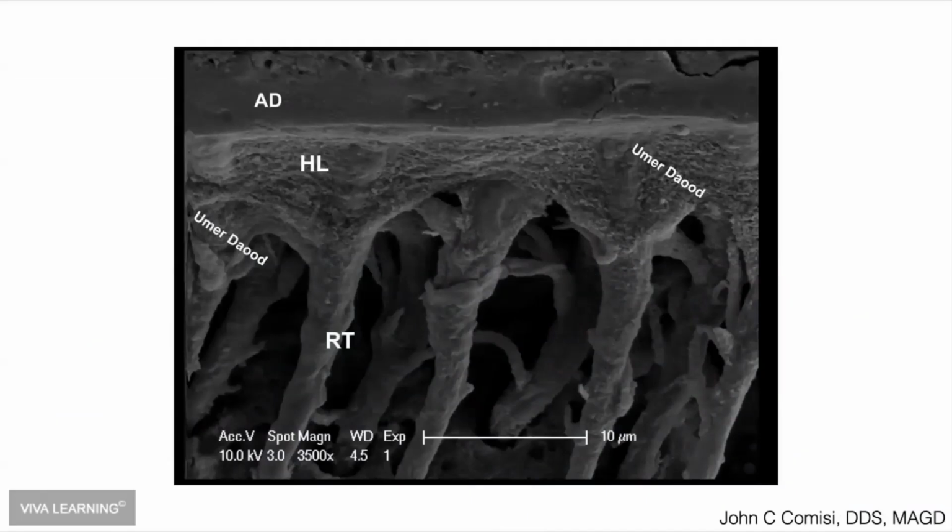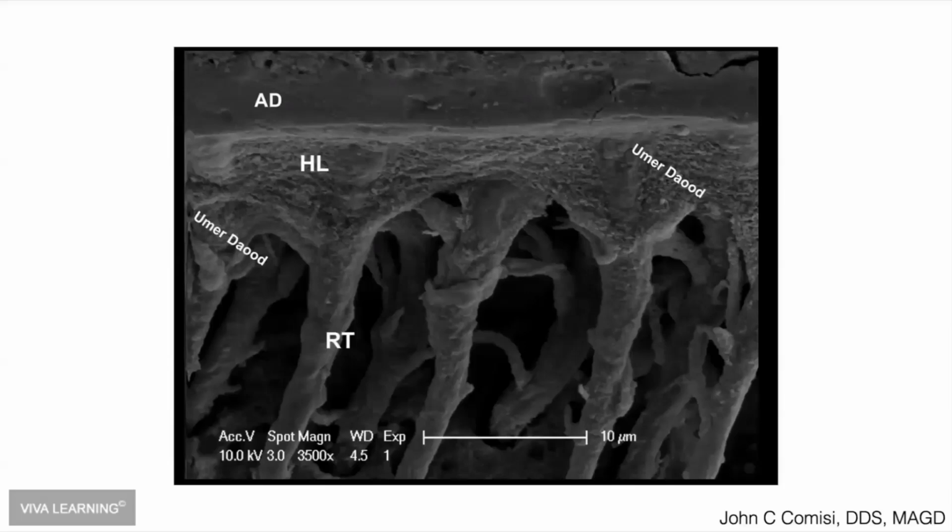The reason is that we're trying to create this mechanism of infiltrating this plastic resin into an organic substance, the dentin. And we believe, as is illustrated here by an SEM by my good friend Umar Daoud, showing this beautiful hybrid creation with the dentinal tubules being penetrated by the resin tags. And again, this is lovely in the laboratory. This is what it looks like in the laboratory.